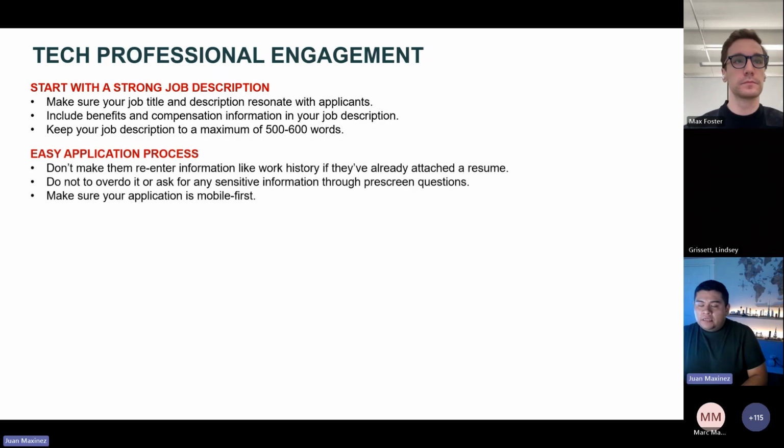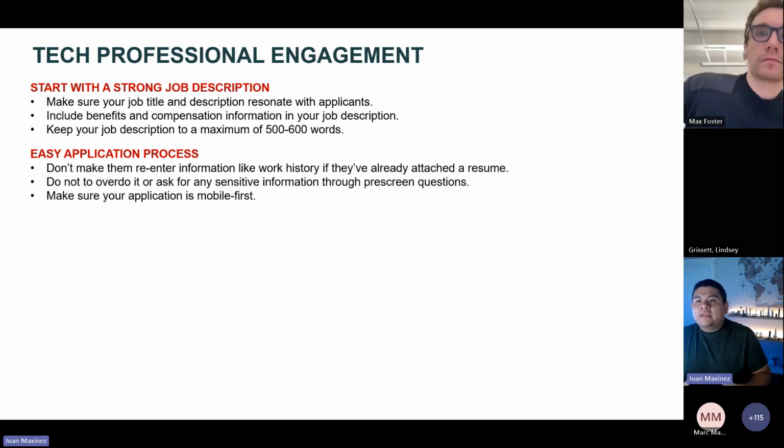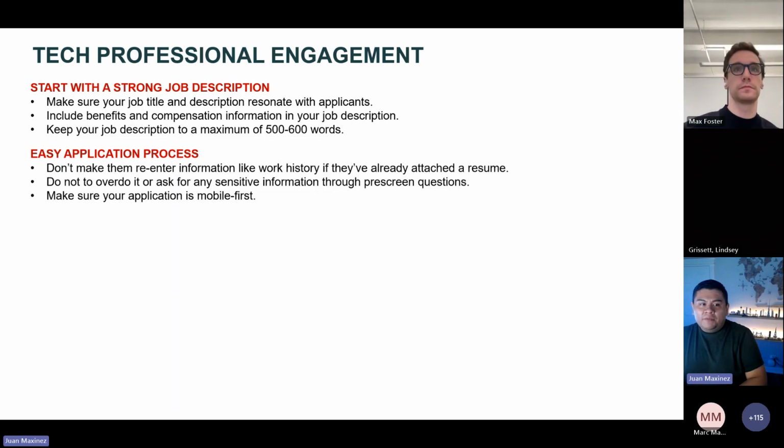The next recommendation here is just making sure that your application process is very easy. So if you have an ATS where they're able to upload their resume, make sure that essentially if it can parse that resume into their employment information, education history, any information that it can obtain from those fields from the resume, ideally that they would already be pre-populated. If you have them re-enter that information, it can discourage them from completing that application process because it just feels like it's very lengthy, very redundant for them.